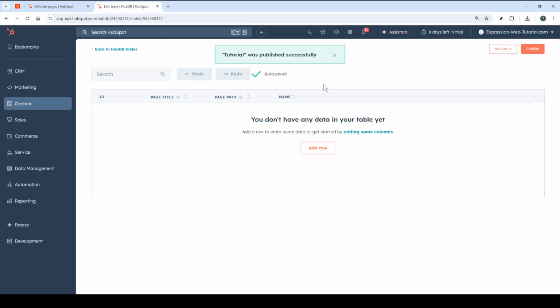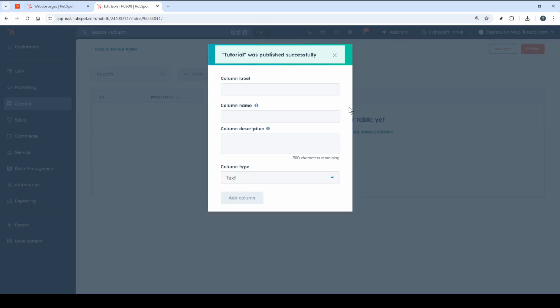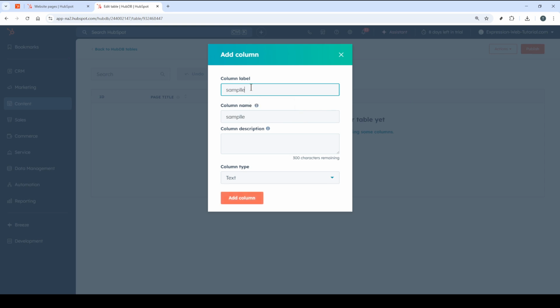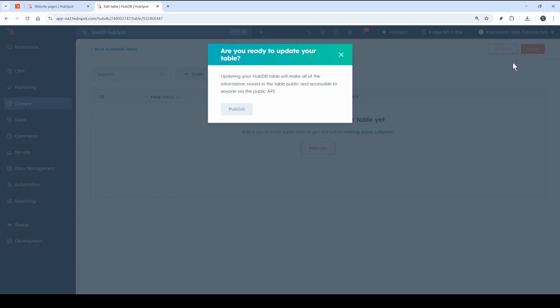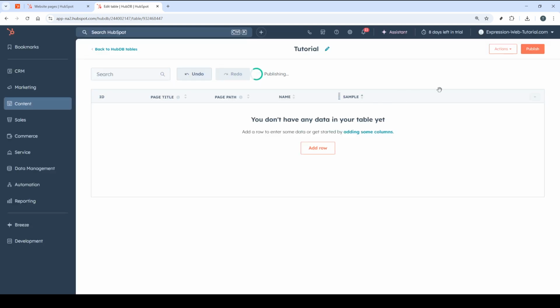Now add the columns you need for your content. Common examples are name, image, and description, but include anything your template will show. Be sure to include and fill out page title and page path. Page title is what appears in the browser tab and search results. Page path is the URL slug for each row, so keep it unique, simple, lowercase, and use hyphens instead of